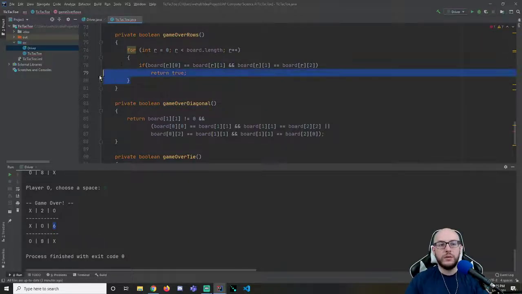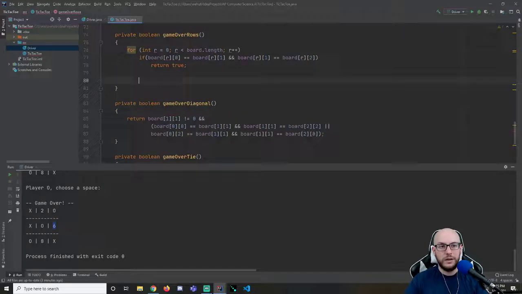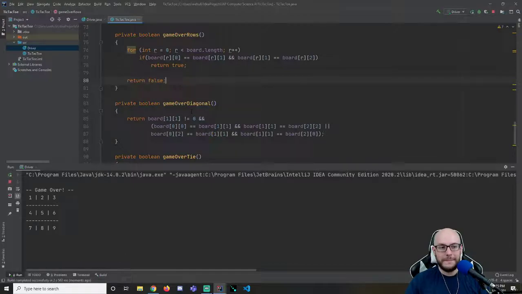If we manage to go through all of our rows and we're still here, that means we did not find any rows that were all equal elements. We can return false. Okay, we're going to have a similar problem to our diagonal where we get a game